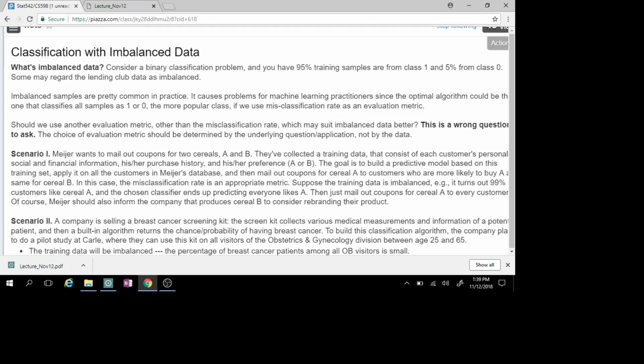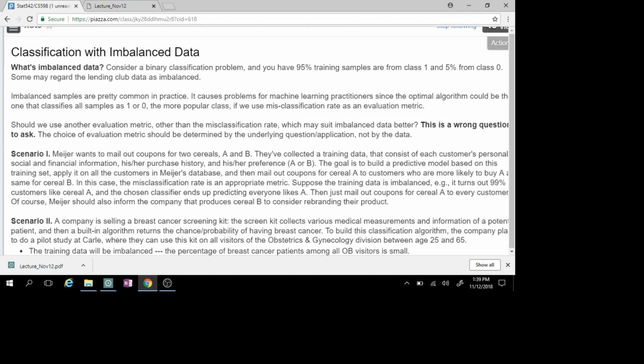So you can imagine in case one, the marketing team wanted to decide, and they collect some data and they want to decide which of the two products customers like, A or B. Then they can try to send the appropriate coupons to those customers. But hypothetically, you find out the majority of people actually like A, and there may be a few who like B, but they're so mixed with that group of A,